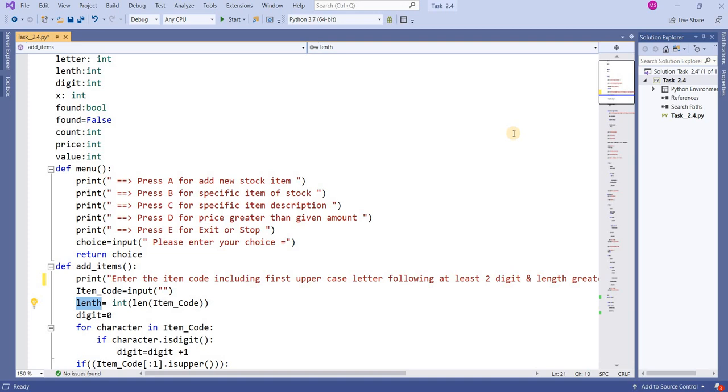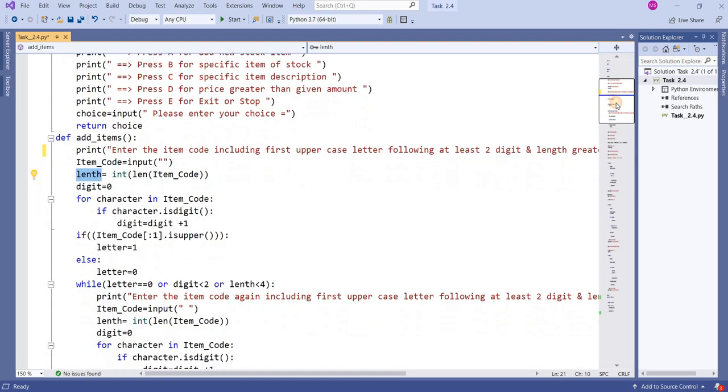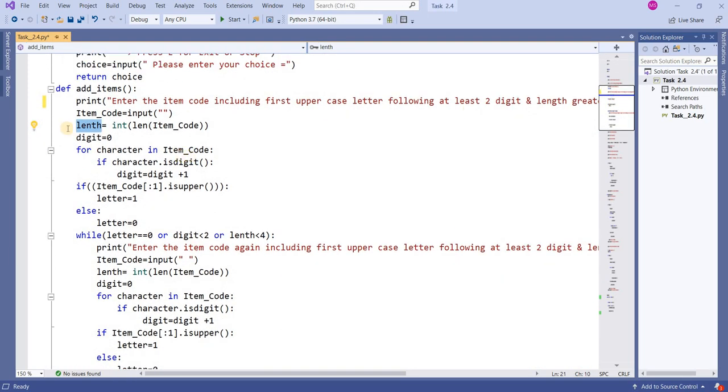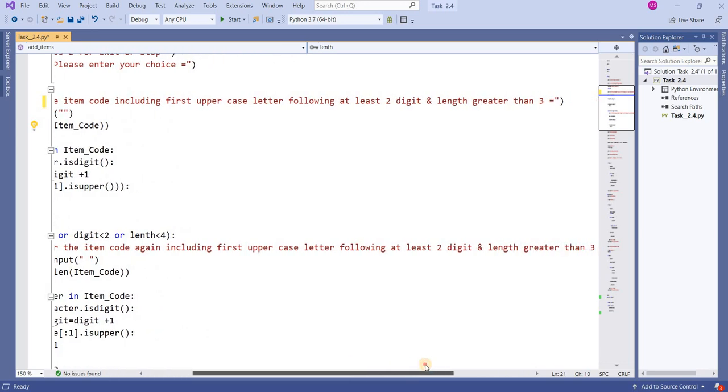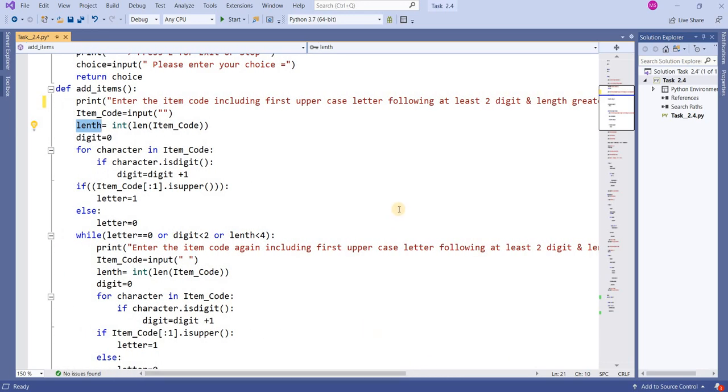These are the variables I have declared. It will return me the length because I want to check the length should be greater than 3. Right now digit is 0.